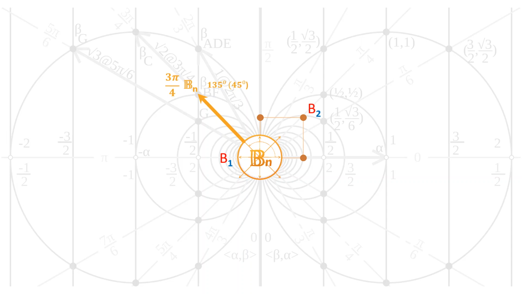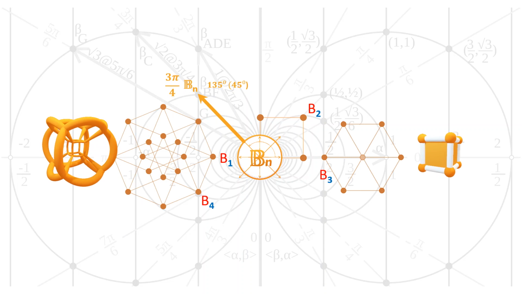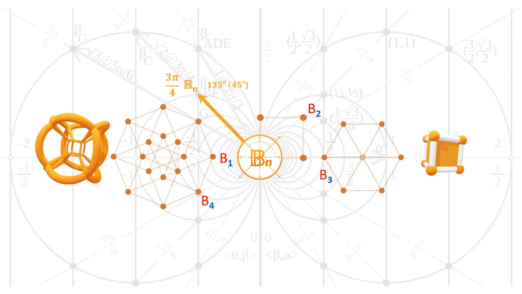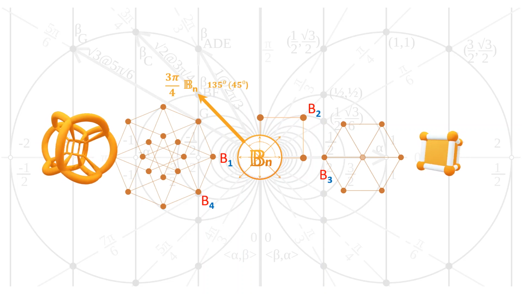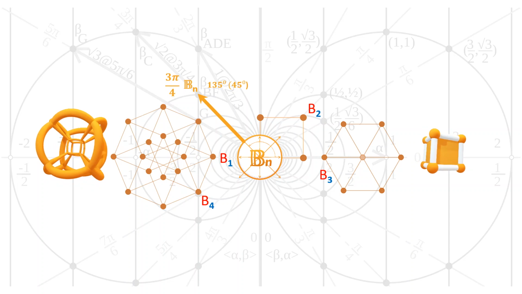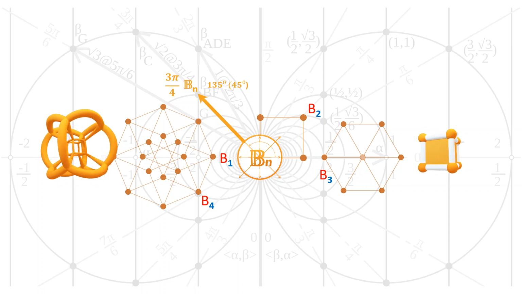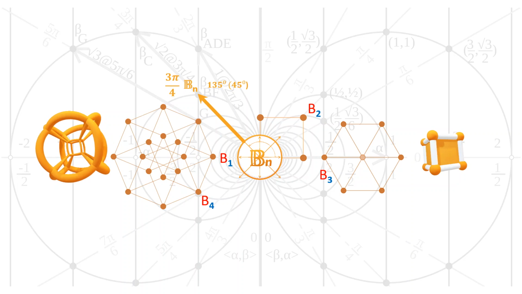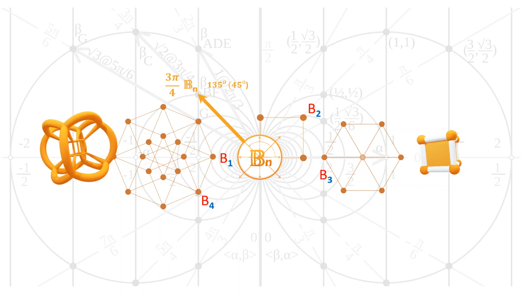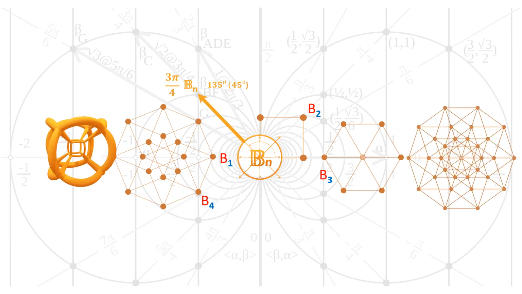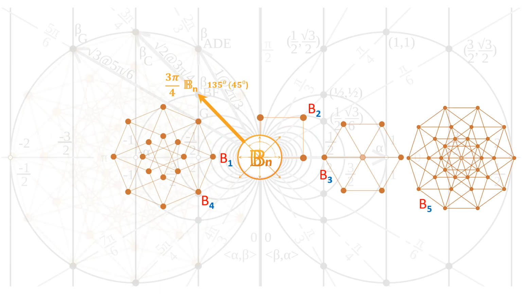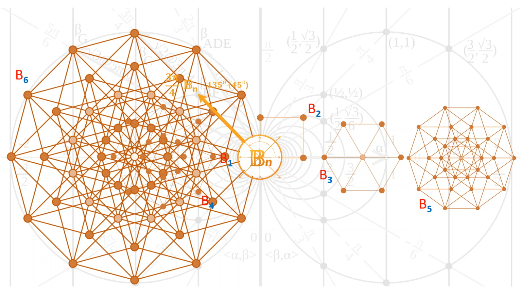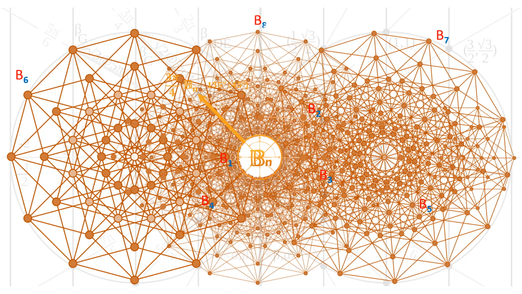This is the land of data sheets and workbooks, our stacks of sheets, and that's when we're getting into sort of 3 dimensions, where you see B3, and then B4 is actually a tesseract, which was discovered in 1880 in a book called A New Era of Thought. This is a technology which hasn't really been utilized very well, but we're not going to stop at 4 dimensions. We're going to continue on to 5, and then you can see where this goes to 6, 7, and then we're going to stop at 8.